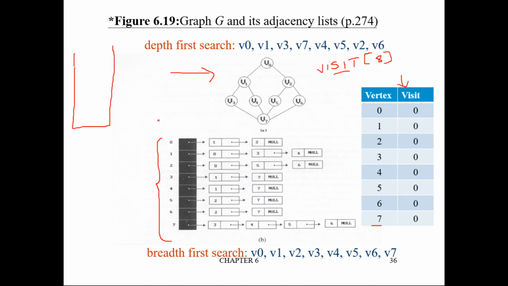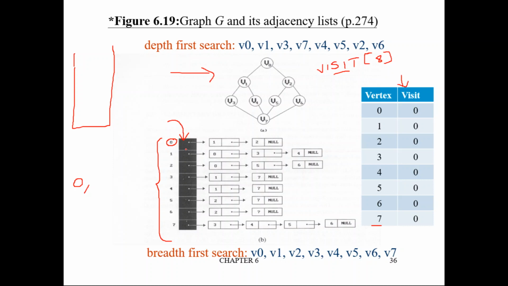So first we will start with the zeroth entry of the adjacency list. The zeroth entry of the adjacency list corresponds to which vertex? It corresponds to vertex 0. Okay. So vertex 0 is nothing but what? Root vertex. Vertex 0 is nothing but the root vertex. Okay. So first we will visit the root vertex. So we are starting with the zeroth entry of the adjacency list, which corresponds to vertex 0. So first we will visit that. Visit in the sense first we will display that. 0 we will display.